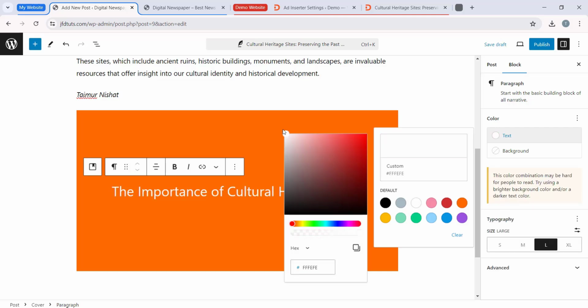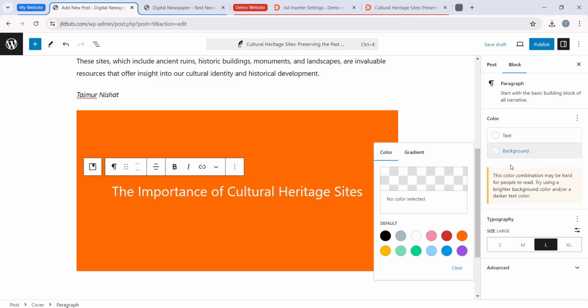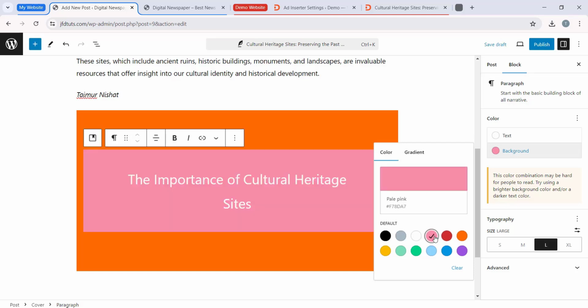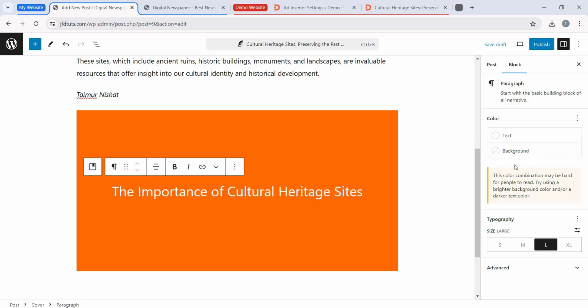So I'm just selecting the white color, and now we have this background. You can choose any background for your text. Like if you select this, it will have a background for your text, but I don't want it right now. So let's click on this clear to remove the background color. Then here you can of course change the typography of the text as well, but I'm gonna keep it as